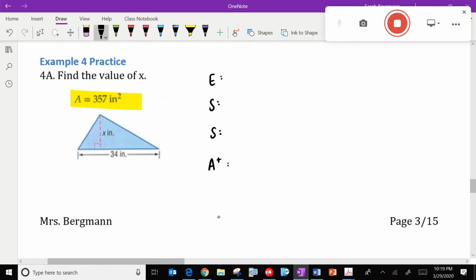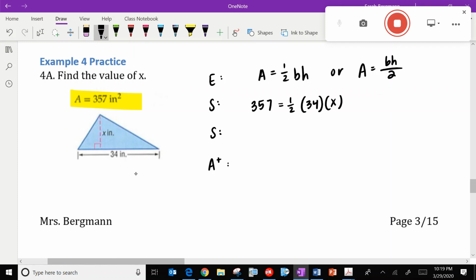Okay, so the equation still is area equals 1/2 base times height, or you could use area equals base times height divided by 2. So to substitute this in, we have the area is equal to 357. The base on this would be 34. The height is x. Now to solve this, the first thing I would do is multiply 1/2 by 34. 1/2 times 34, that's the same as 34 divided by 2. That gives me 17